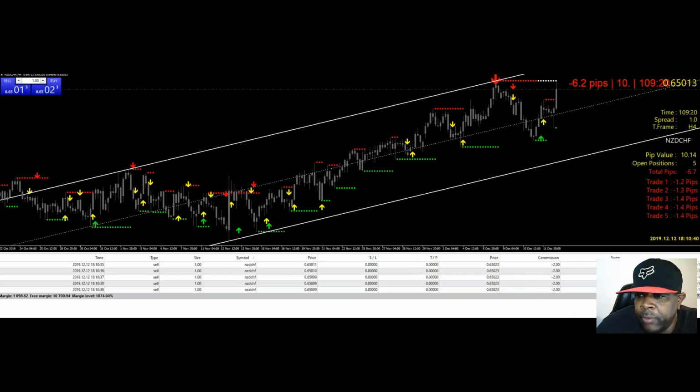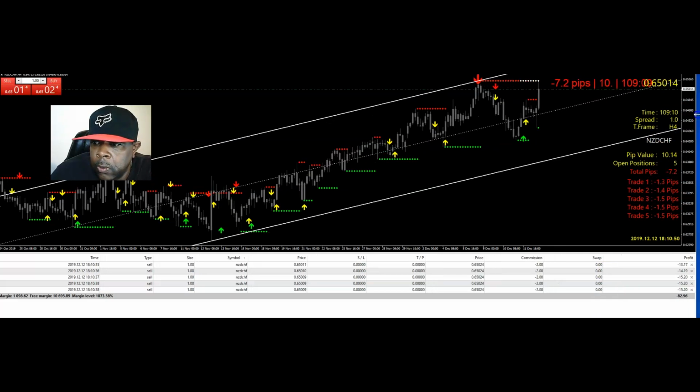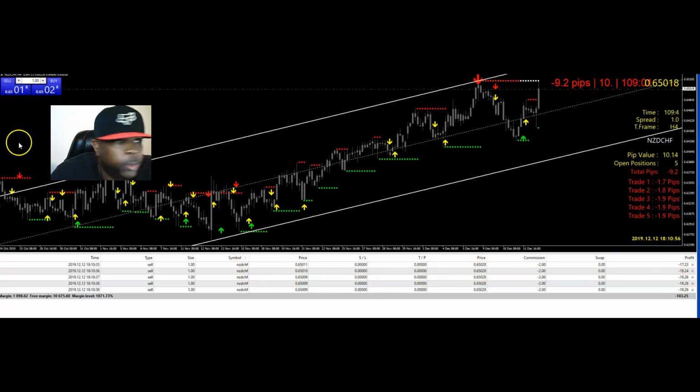Okay, I took 5 trades. And we will come back later. Let me do this so you can see it. Okay, so you see I have 5 trades that I entered, and we'll just leave this alone. Let me do this